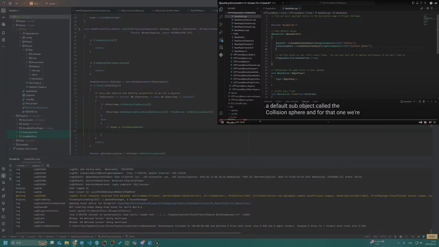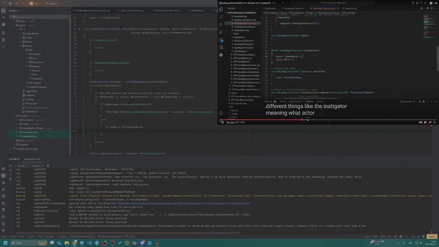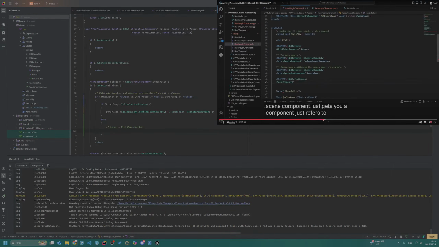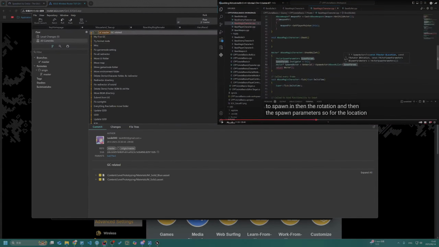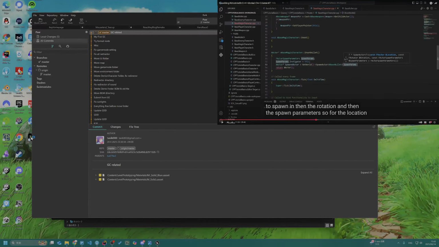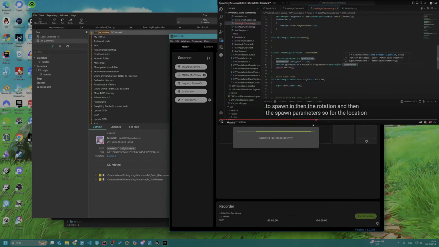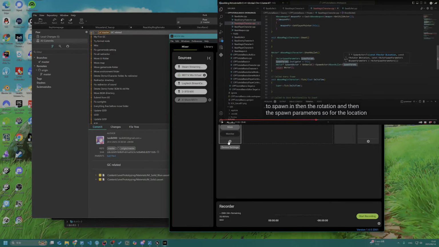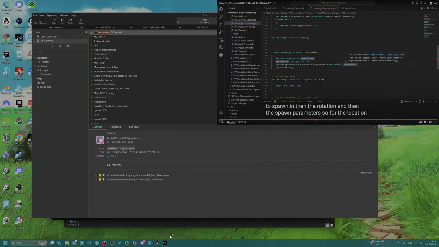An actor refers to a point in space and really doesn't do anything else.